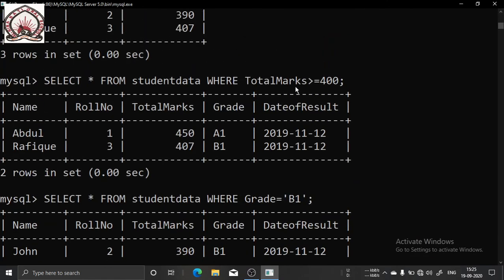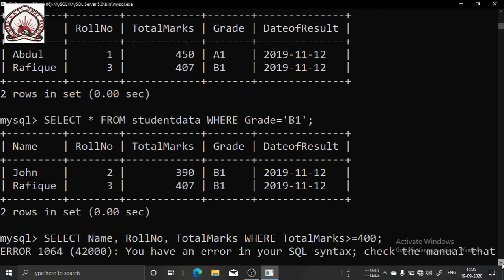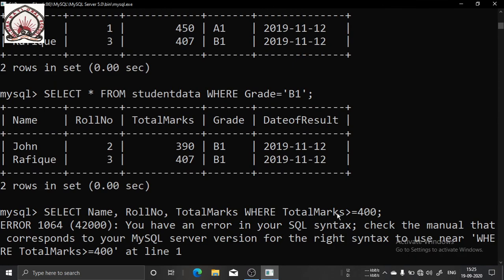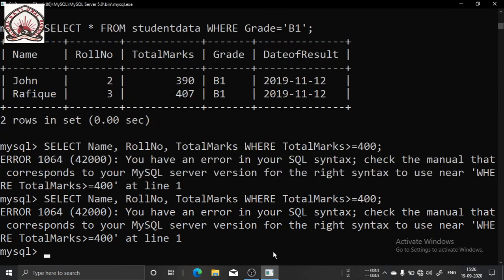I think I have changed the sign. Actually, the problem is in the where clause. Okay. Select name, roll number, total marks.